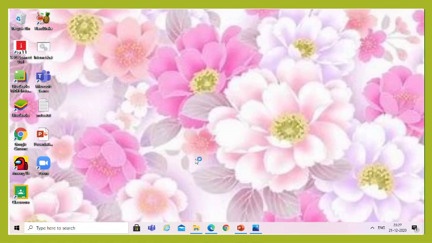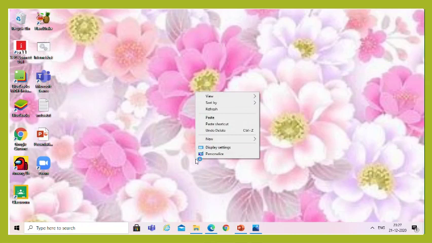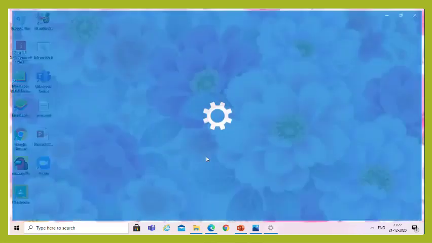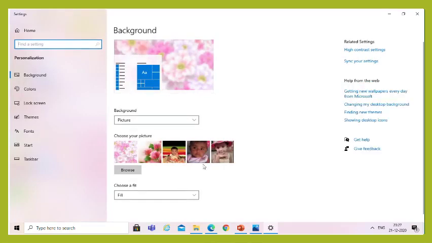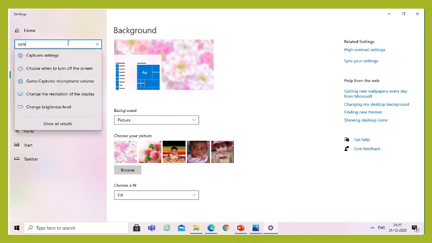First, perform the right click on the blank area of the desktop. Now you can see a small menu with a list of options appear. Okay, then select the personalize option. Now you can see the personalize window appear.